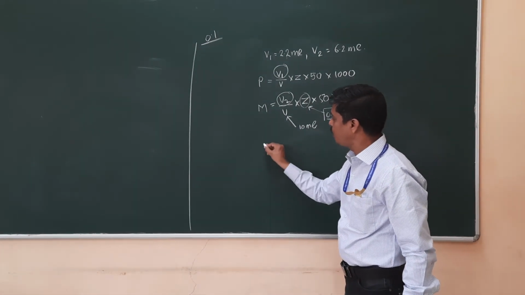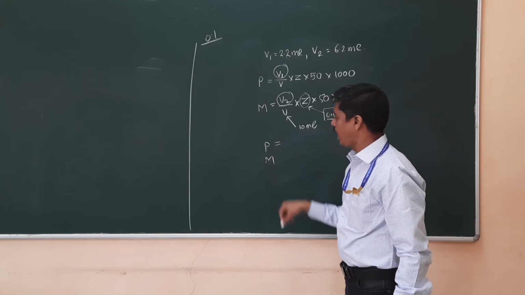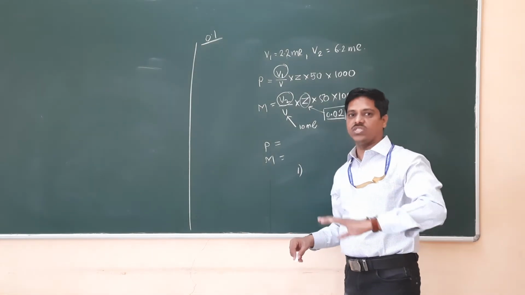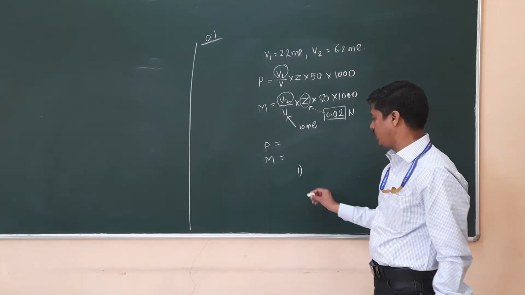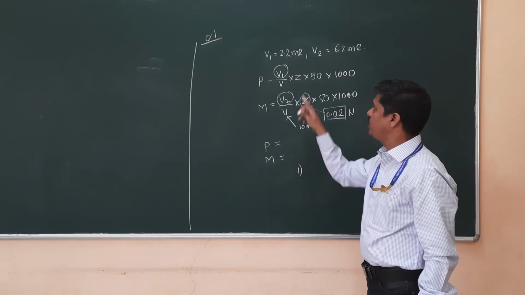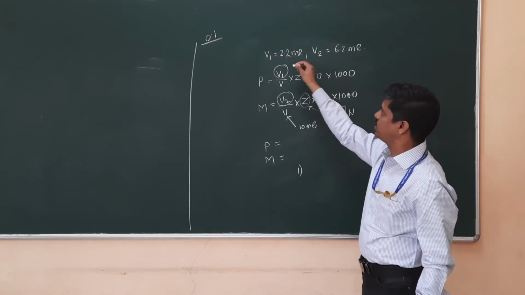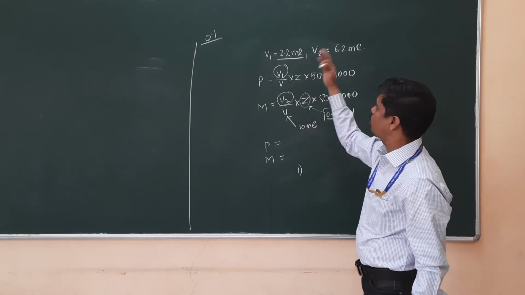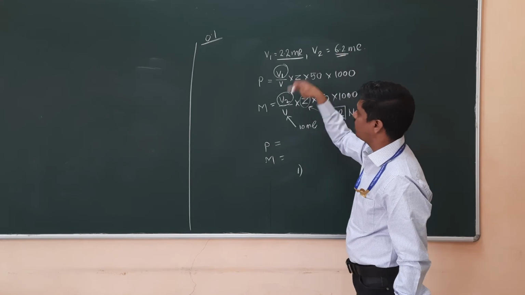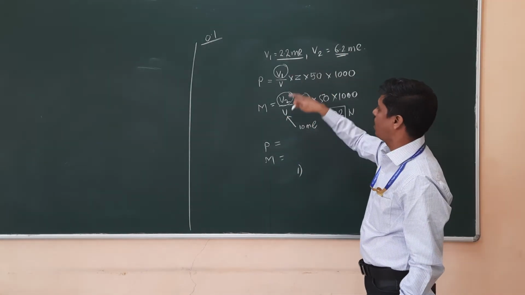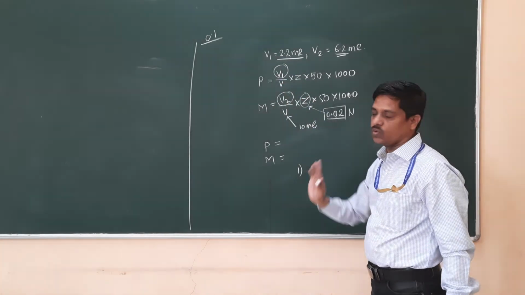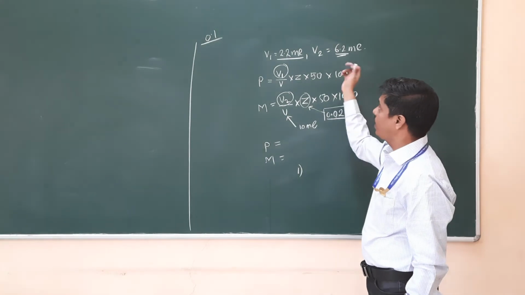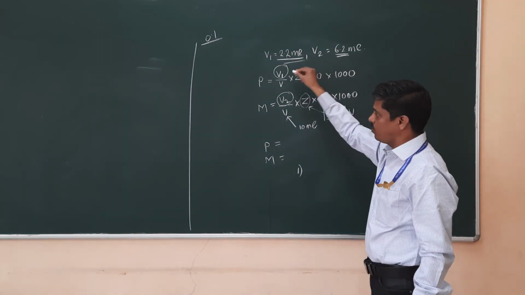So can you calculate P? Yes, definitely. We can calculate M. And based on that, we can find out which type of alkalinity is present and how much is the amount, which we have already studied in theory. So find out P, and check whether P is 0. Is it possible that the value of P is equal to 0? No. Next, P could be equal to half of M, if this value were half of that. But P is not half of M. Then, is P equal to M, are both values the same? No. So P is equal to M also cannot be.